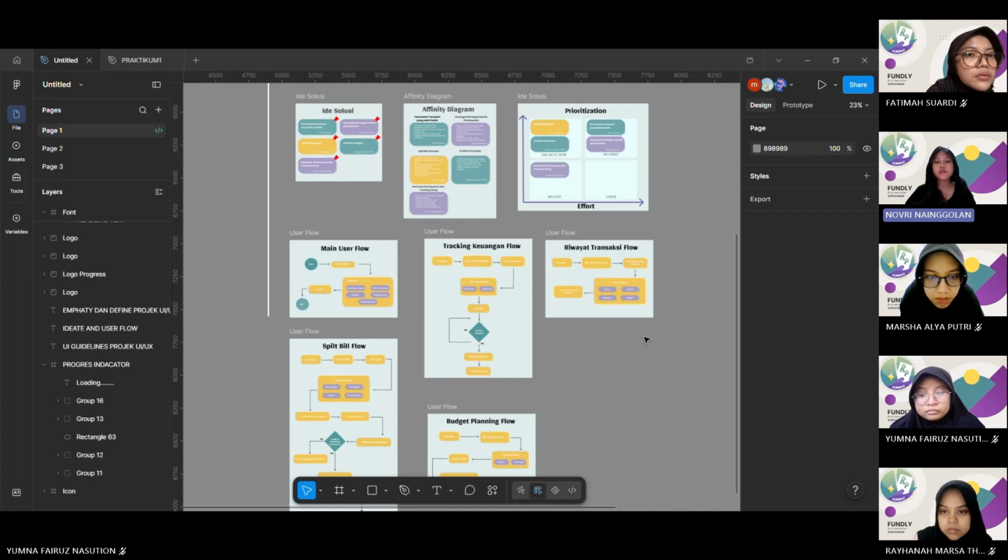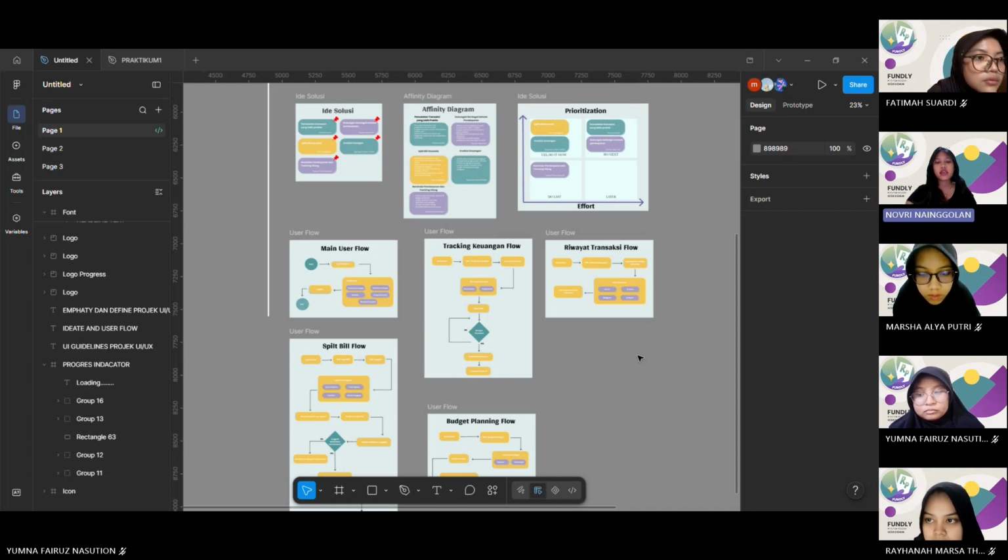The automatic bill split feature calculates how much each person needs to pay, making group payment much more convenient. Meanwhile, the financial analysis feature helps users understand their spending habits through simple reports and visualization. We also include payment reminders and debt tracking so users can manage their payments more